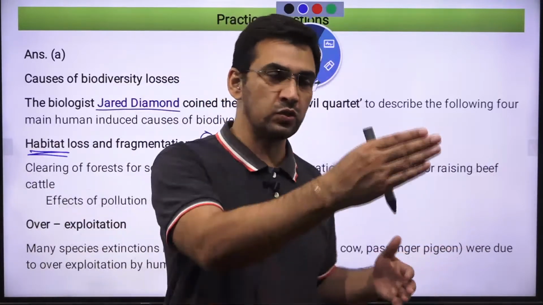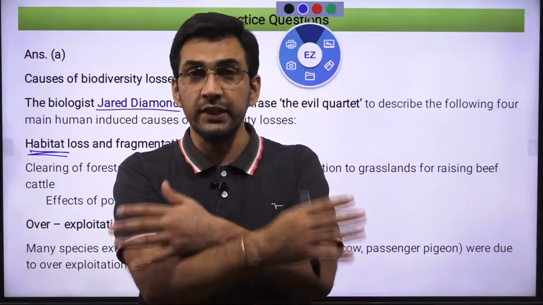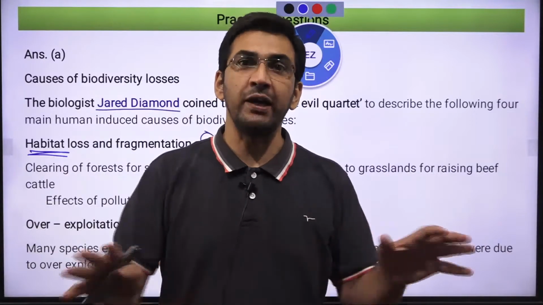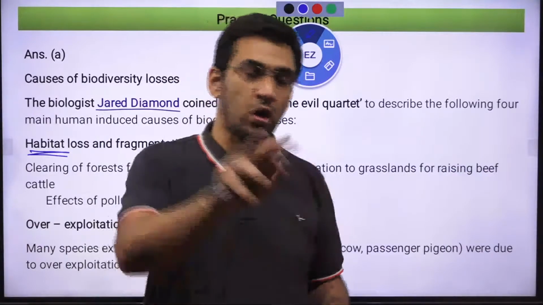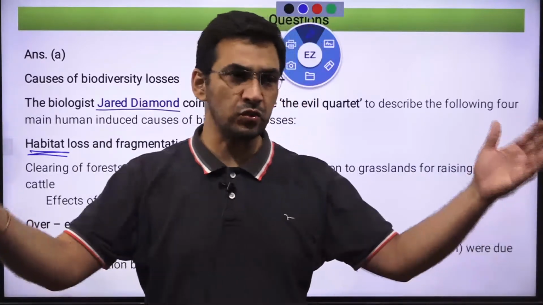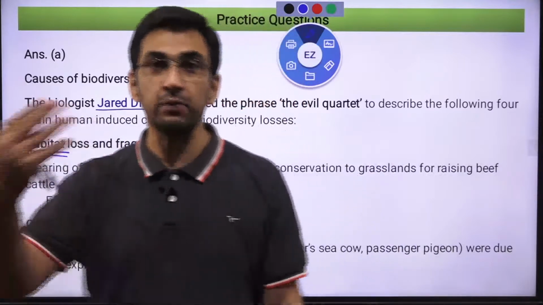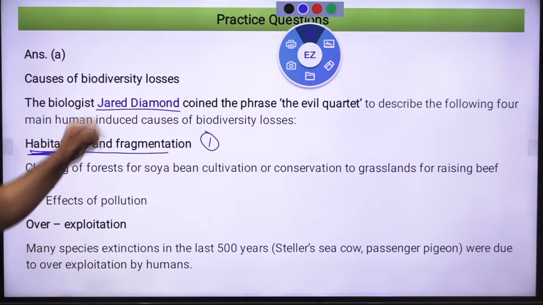Let's say one road this way, another road this way, through that particular dense forest. So what here? This habitat you have fragmented into different pieces. Now the animals or the species which used to roam around freely, since you have created so many constructions, they are creating obstructions, and death may also occur of those species. This is one of the reasons of loss of biodiversity.